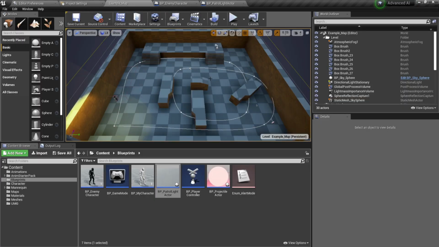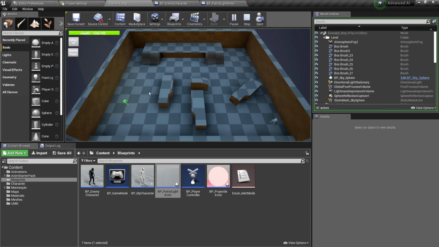And here as well, if I hit the play button, look at that. So we have the player can move, and you see the light is also moving. Now it has detected the player. Look at the light, and the enemy is shooting the player. Look at that, shooting, shooting, shooting. Now we're dead. And now when we don't have the player, again, the light resets itself and goes over here and the enemy is